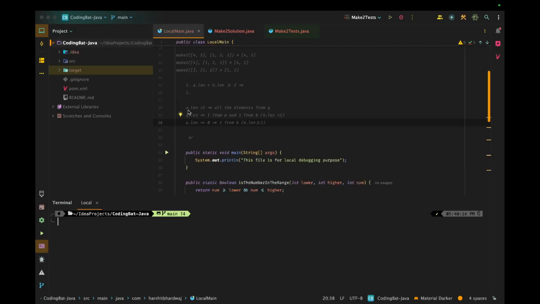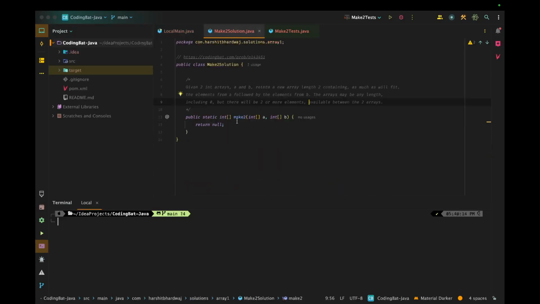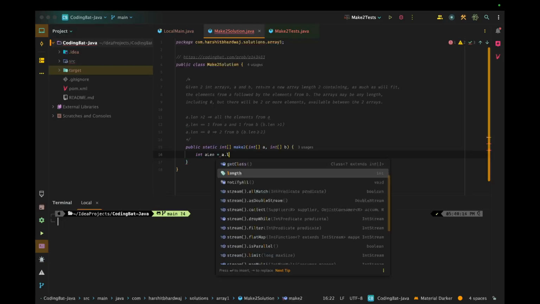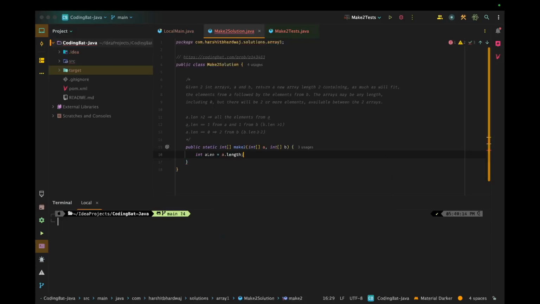Now let's code according to these. Let me copy it for our reference here, then we'll remove it. First of all, we can create a length variable. A len is equal to A dot length. We only need A len, since the problem is dependent upon the first array's length.